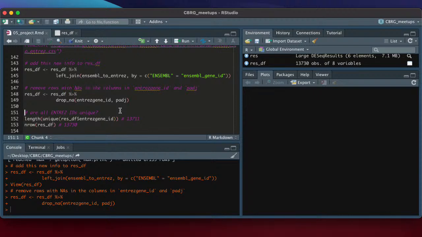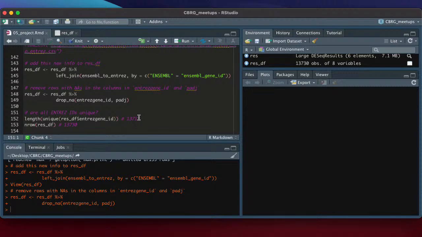Another question is, because of the way these things are named, it's not uncommon to have repetition in your data frame. So that's another thing, this line 152 here. This line of code is really useful to run periodically through your analysis, just to see if there are any duplicates in your data frame.